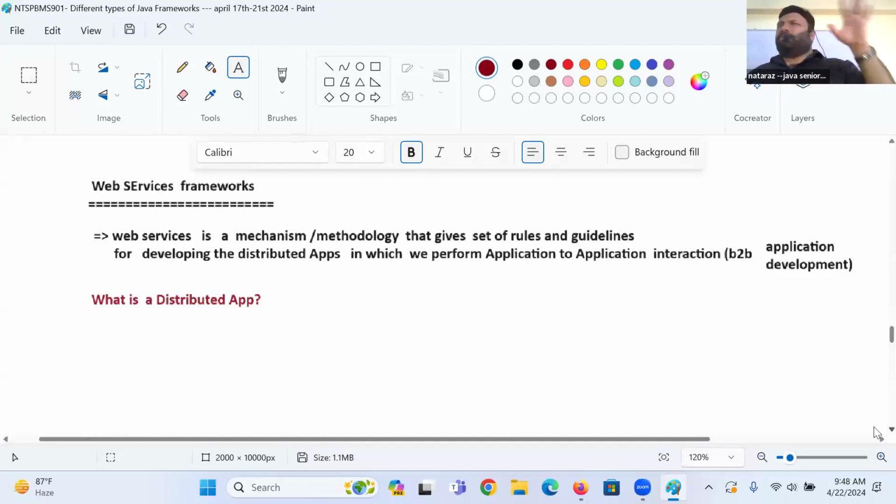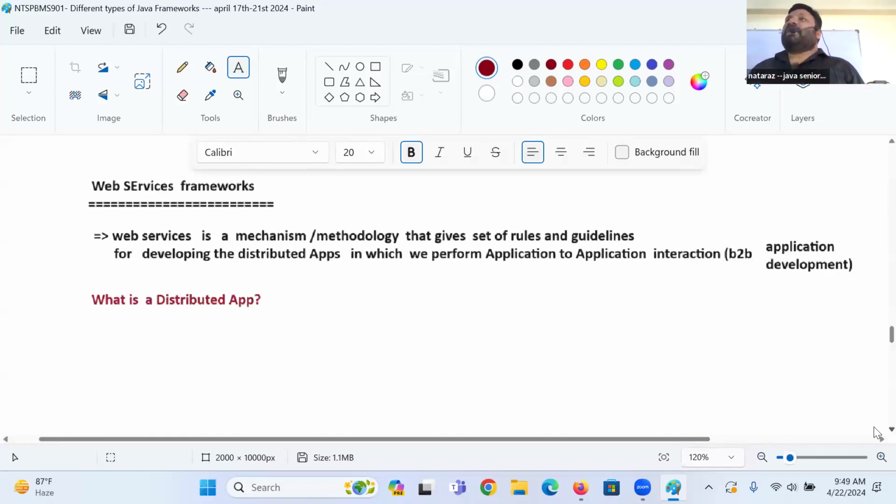This world is full of distributed applications. During COVID time, they developed a distributed application called CoWIN for Indian people. I can connect to that distributed application from a website or a mobile application, so different users get benefited with that application.